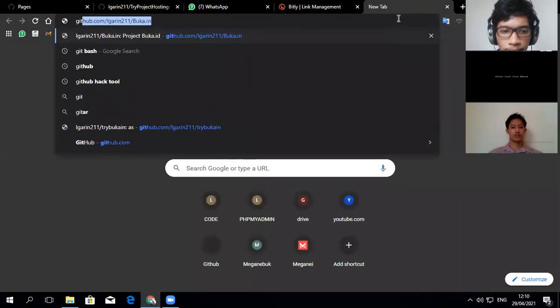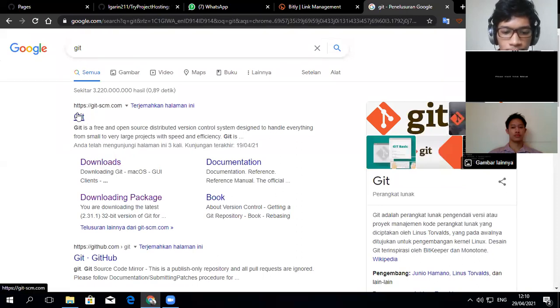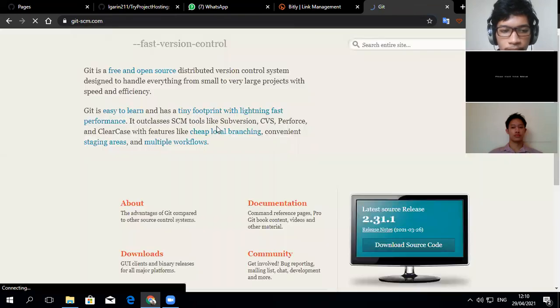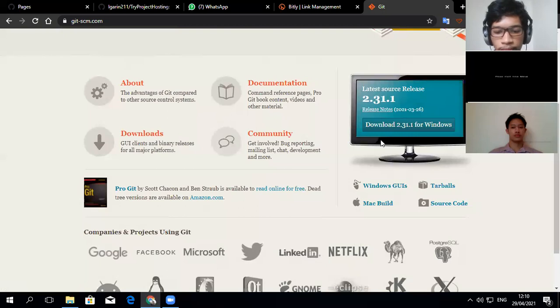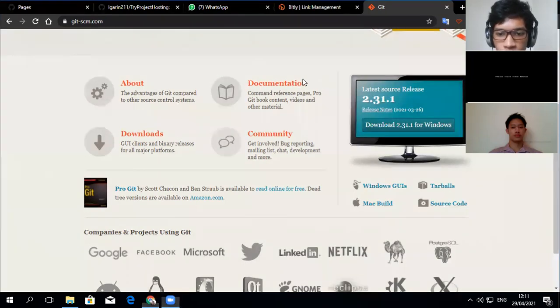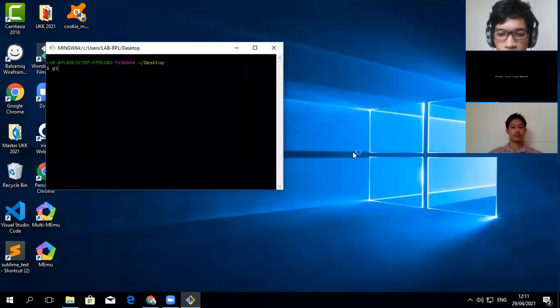You can download Git from git-scm.com, for your Mac, Windows, or Linux. After you install it, click here, Git Bash Here, and say git clone and paste the code.